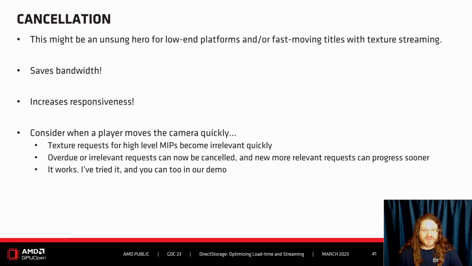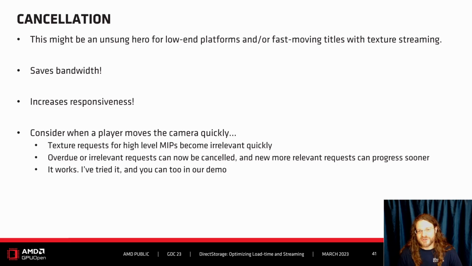Direct storage also provides for cancellation, and this might be an unsung hero for low-end platforms and fast-moving titles with texture streaming. It saves quite a bit of bandwidth and it improves responsiveness. It's important for titles where lots of data may become irrelevant very quickly. If the camera moves from one position to another very quickly, then the textures related to the old position will become out of date, even if the requests are still in flight.